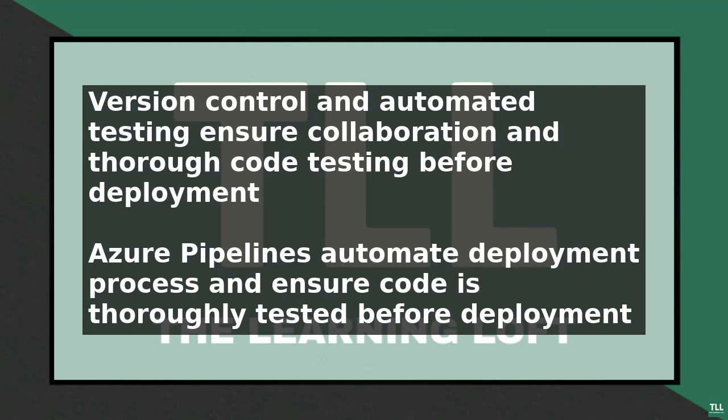Create an Azure DevOps project and Git repository. Install the Azure Synapse extension. Create a Synapse workspace and link it to your Azure DevOps project. Then, use Azure pipelines to automate the deployment process and ensure that your code is thoroughly tested before it is deployed. By following these steps and best practices, you can improve collaboration and efficiency, and ensure that your Azure Synapse